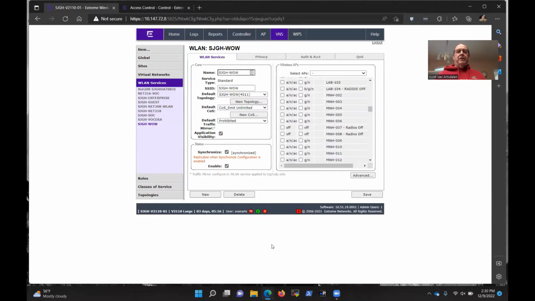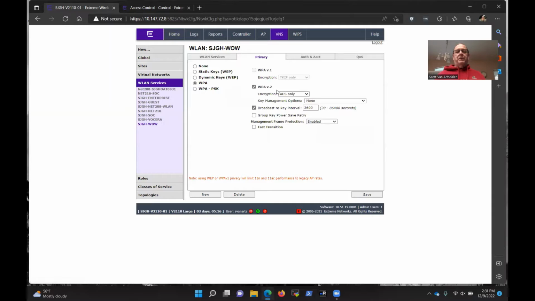So the wireless network is hidden, number one. And number two, it's WPA v2. But we're not doing pre-shared keys anymore because